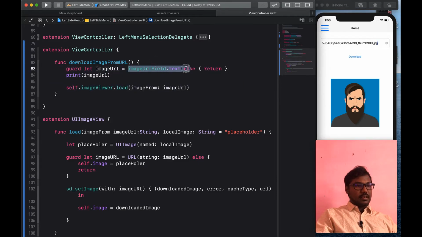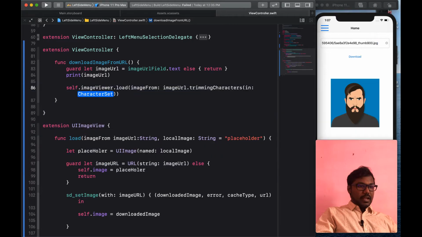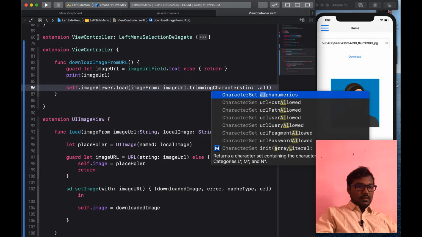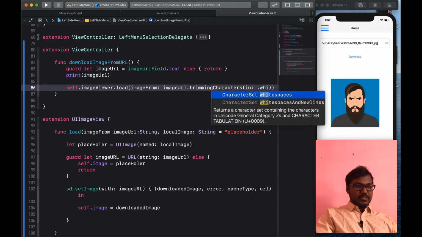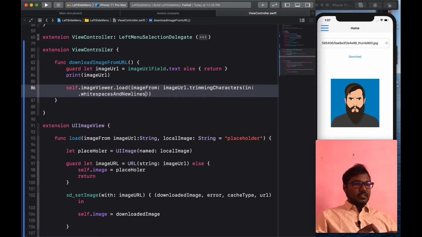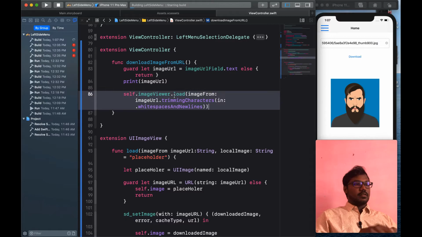So I am using textField.text, validating the string, and trimming the characters with whitespace and new lines. After the trimming, the URL is given as input to our load image function. Now I am going to run the project.